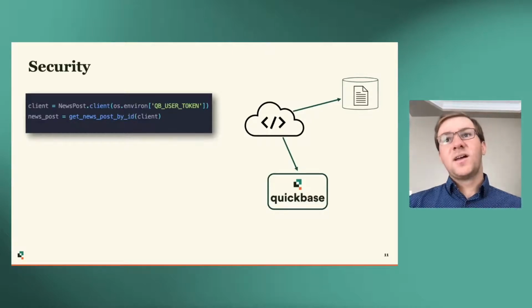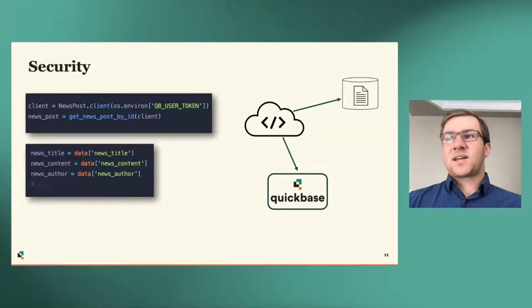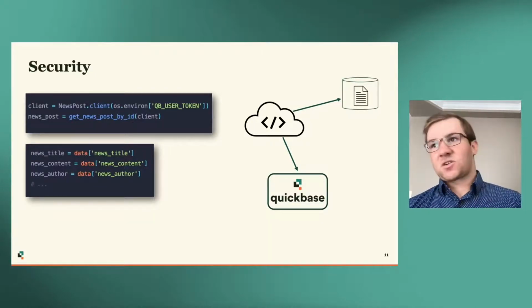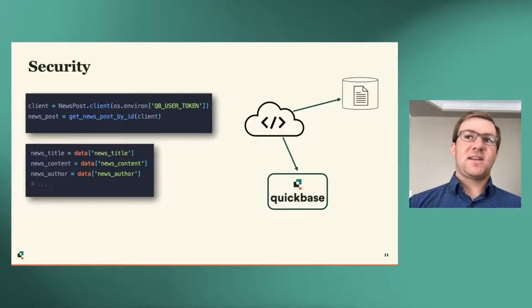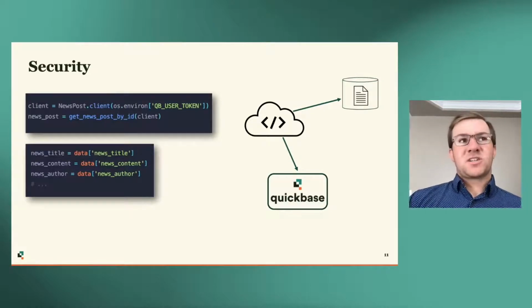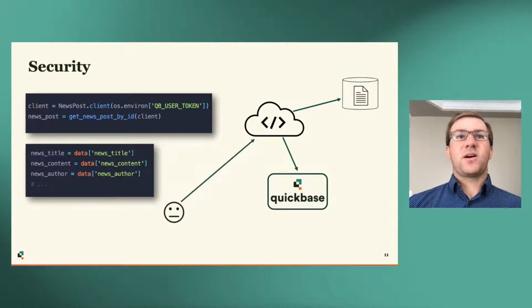More importantly, to highlight an issue, let's say that instead of passing the news post ID, we provided all the data directly. So the title, the content, the author, etc. And this would have been a valid thing to do. I just happened to pass the ID and make the extra call to Quickbase to get the extra data that I needed, rather than stick it all in the first webhook, but both are valid. The problem with this is now anybody who can reach the function, if they're able to guess the endpoint of the function and the parameters, they essentially have full power to publish news posts for us,